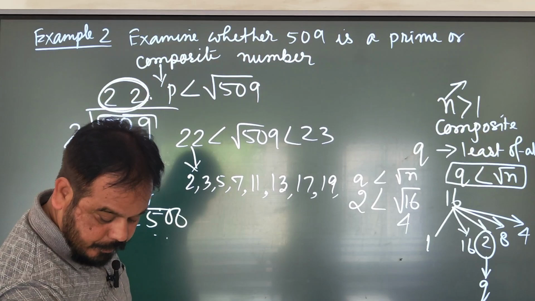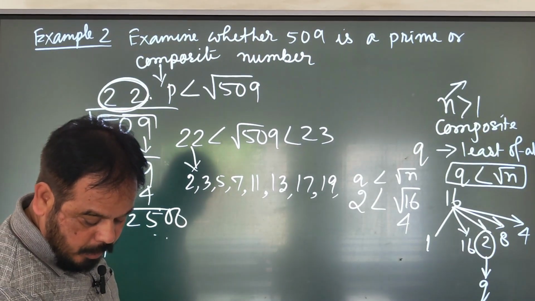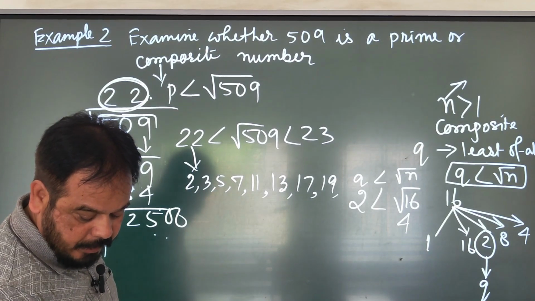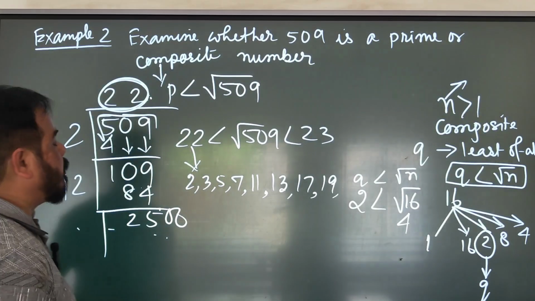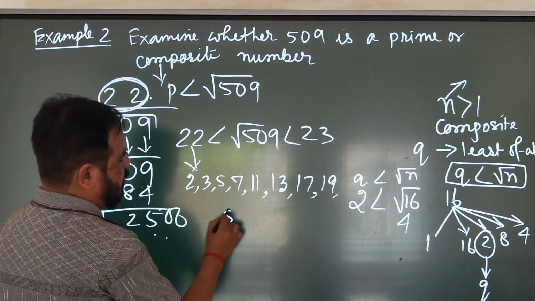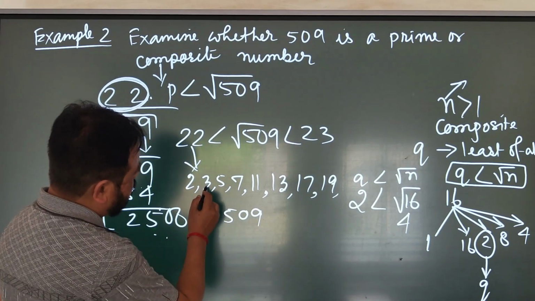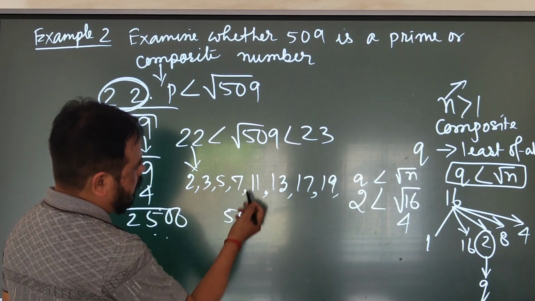So therefore, if 509 has any prime divisor, then it must be one of these numbers. But it can be verified that none of these primes is a divisor of 509. Thus 509 is a prime number. So by 2, if we try to divide 509, by 3, no, by 5, 5 10 is 59 left. 7 7 is 49, 11,